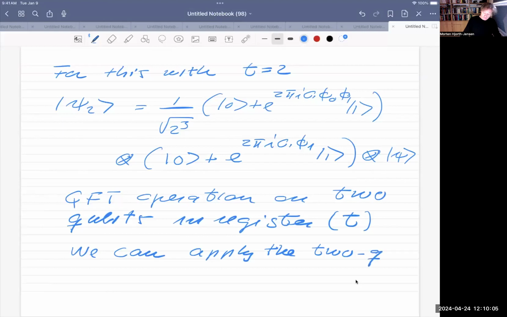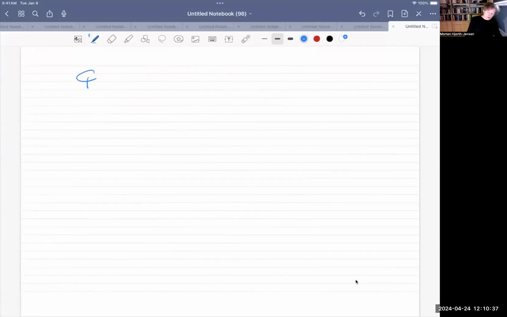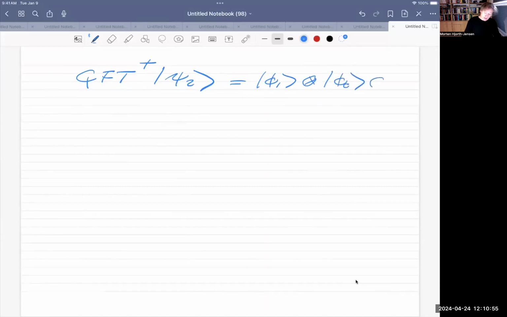The 2-qubit QFT, marked with the adjoint here, operator to retrieve the binary fraction of phi, which is equal to 0.φ0φ1. And this is essentially the basic operation, which now when we perform the adjoint operation, the QFT, on this specific state psi 2, which we found,